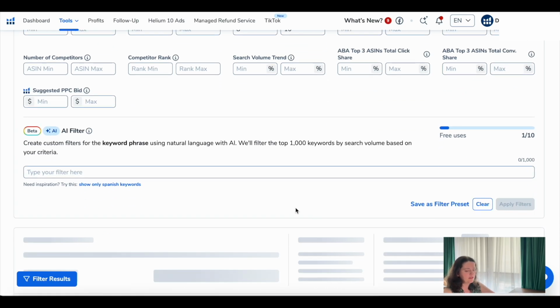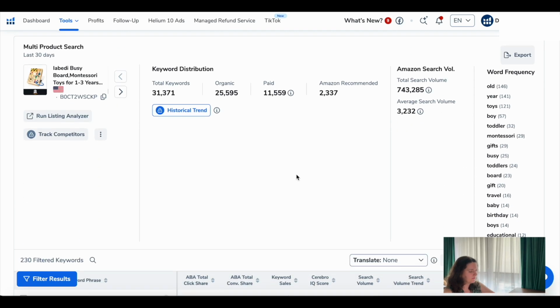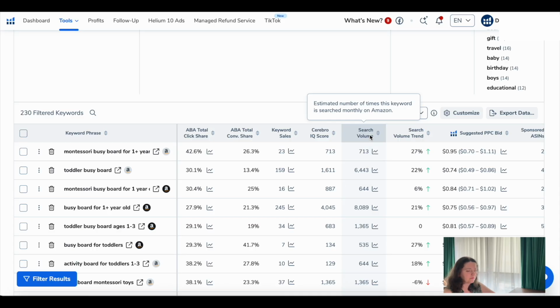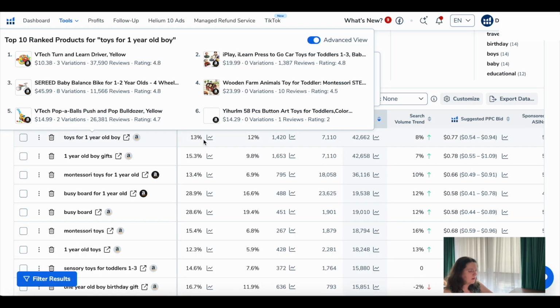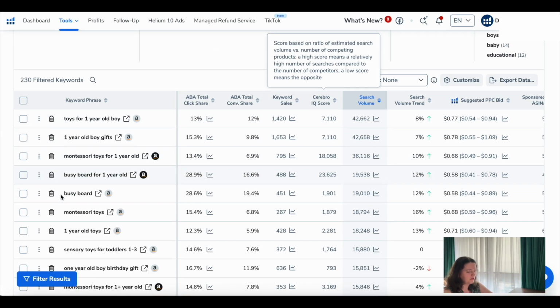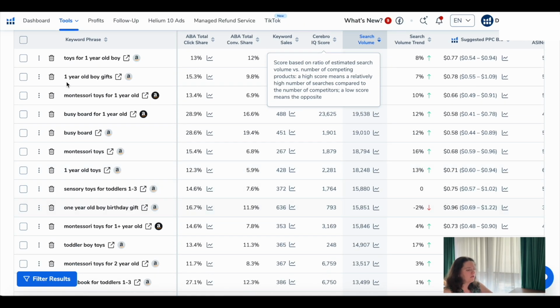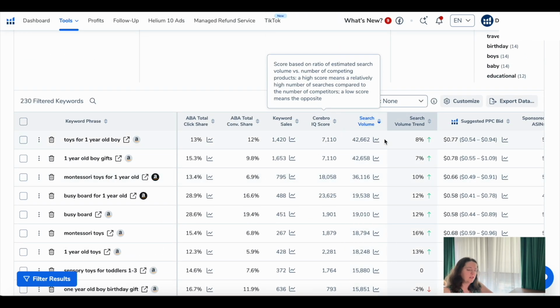Okay, let me see how many keywords we have now. I will apply the filters. 230 filtered keywords. Okay, this is much better. Let me now put the search volume in descending order. Okay, so here are my top search volume keywords. Toys for 1-year-old boy, 1-year-old boy gifts, Montessori toys, busy board for 1-year-old, busy board, Montessori toys, sensory toys for toddlers. So here is a list of keywords that I can use in my title, in my bullet points,